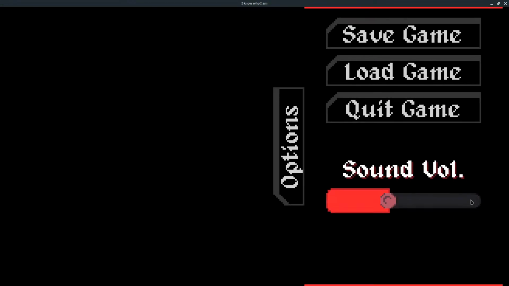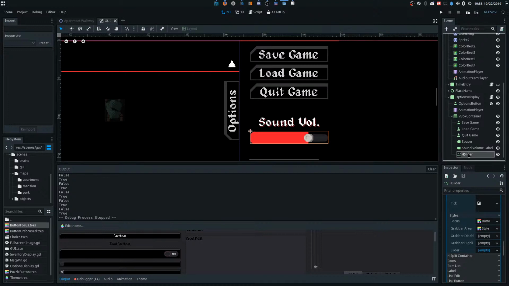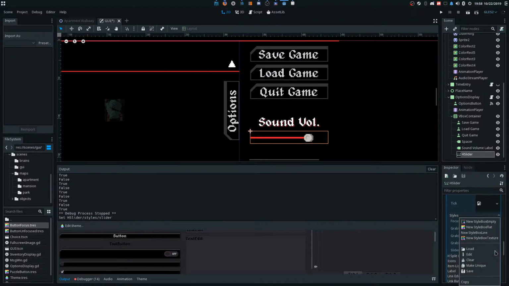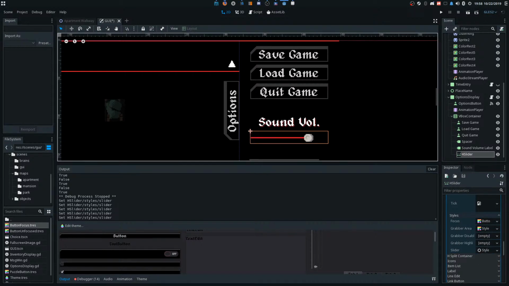What does the slider have to do with... It's so weird.